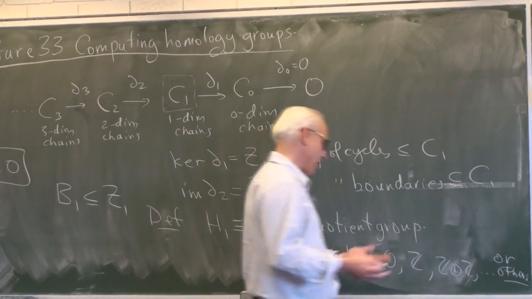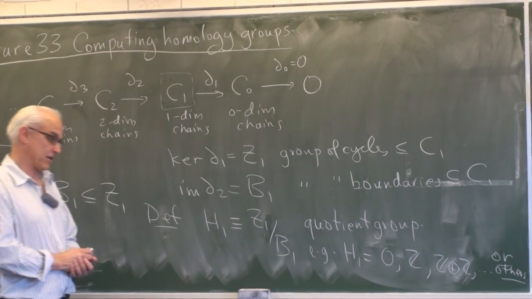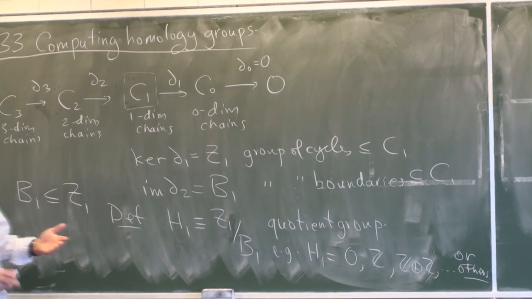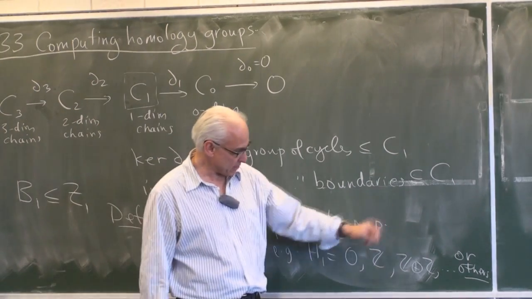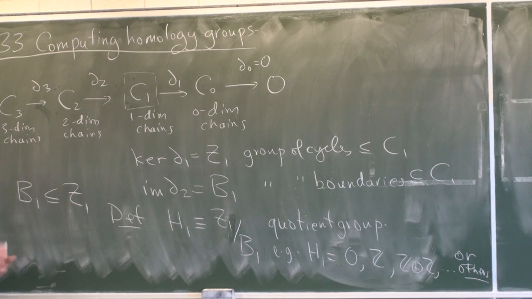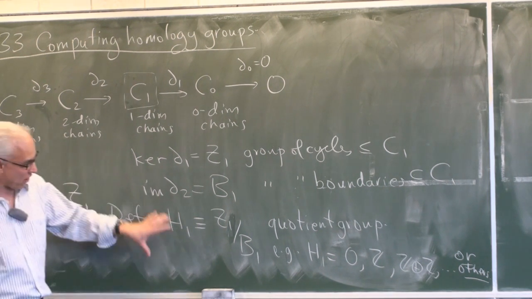We know from our classification of finite commutative groups and infinite commutative groups that there are these infinite cyclic ones, but there are also finite cyclic groups that can appear in a general commutative group. And that will occur for some spaces. All right, so this is all for H1.